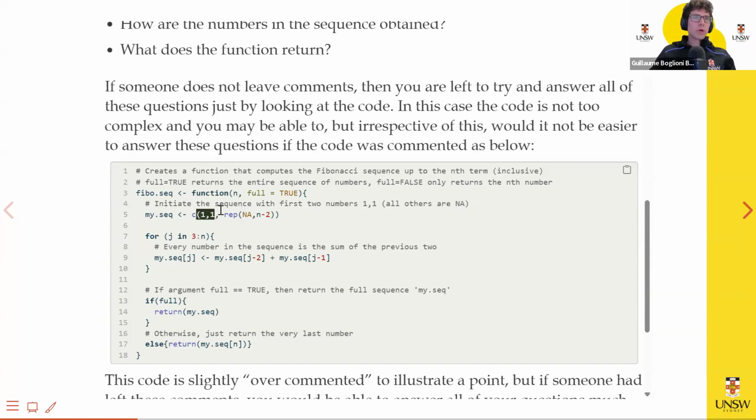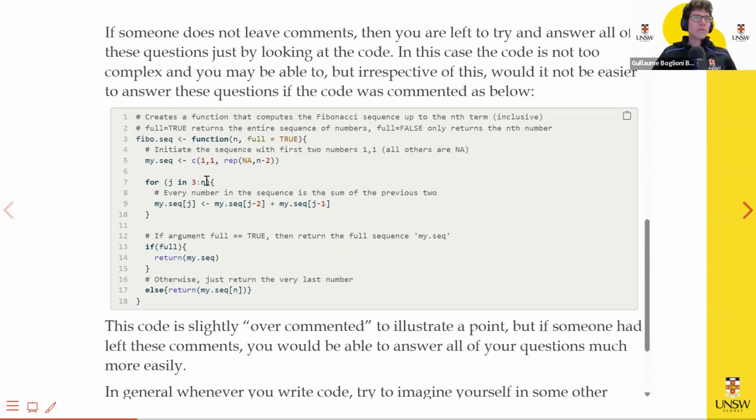The first two numbers are 1, and then the next numbers, there's n minus 2 of them, will be NAs. Conceptually, this will be the vector that will be filled with all the Fibonacci numbers that we're creating inside this function. Then you have a for loop for j in 3 to n, but you have a comment explaining